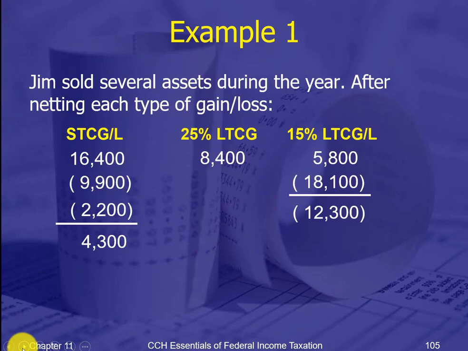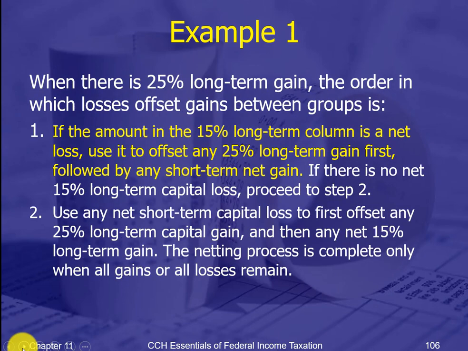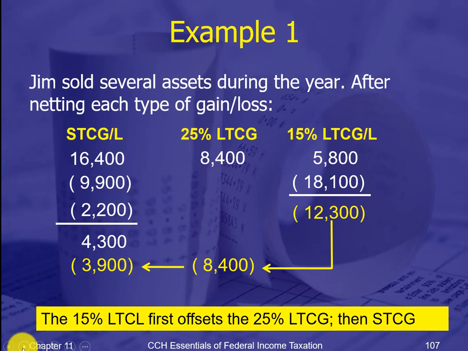So what do you do with that loss? First you offset against the short term and the long term 25%. So first the 25%, you first offset against 25% long term gain, then against the short term capital gain. All right, that's the order